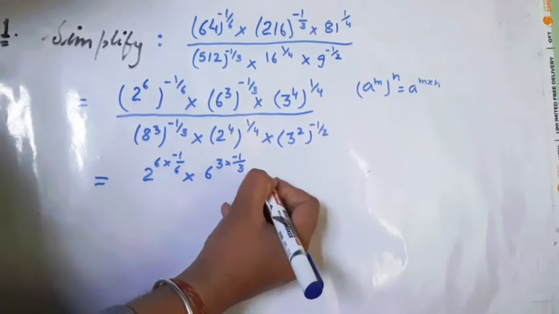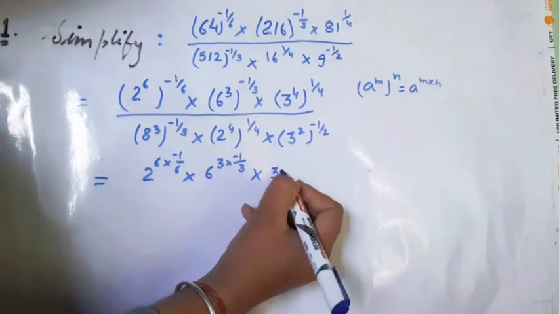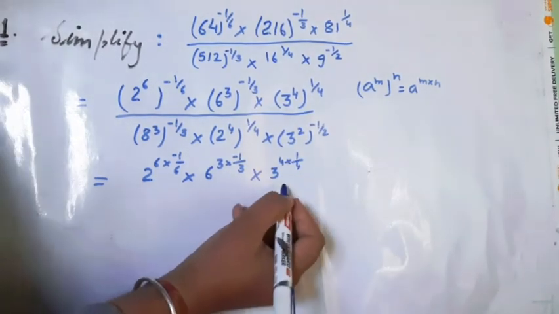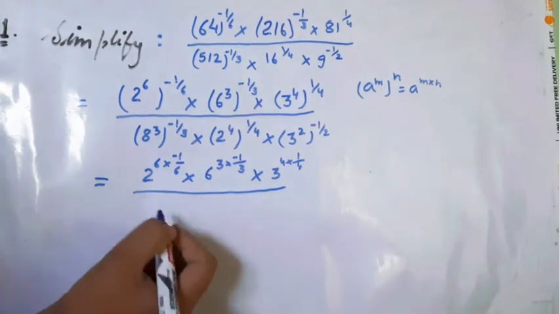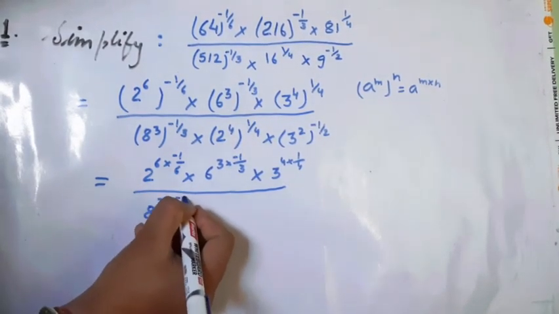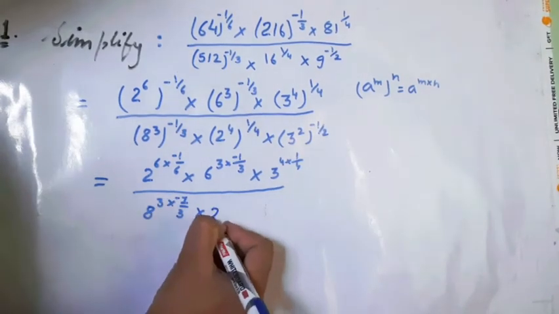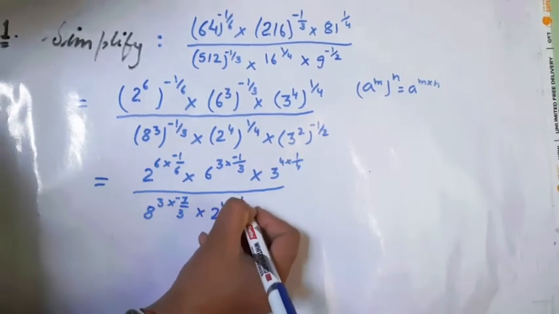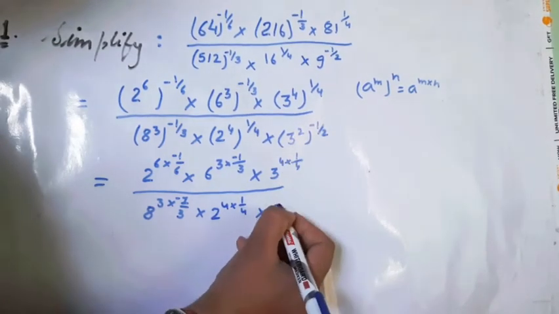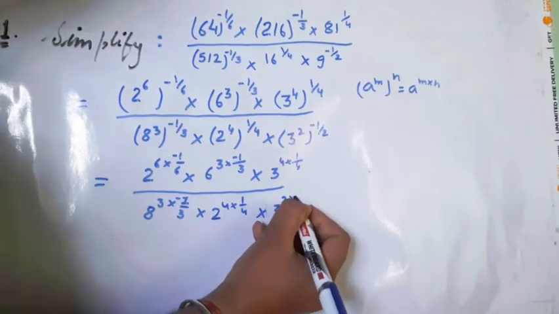Then whole multiply 3 raised to power 4 multiplied by 1 upon 4. Same in the denominator. 8 raised to power 3 multiplied by minus 1 upon 3. 2 raised to power 4 multiplied by 1 upon 4 whole multiplied by 3 raised to power 2 multiplied by